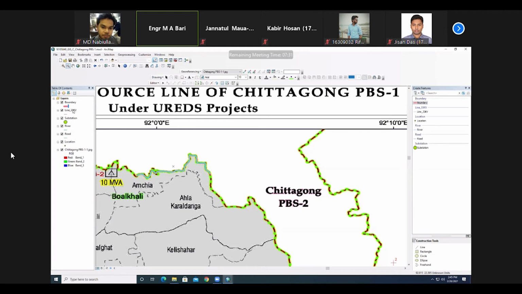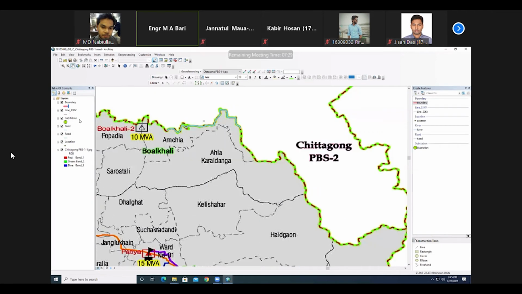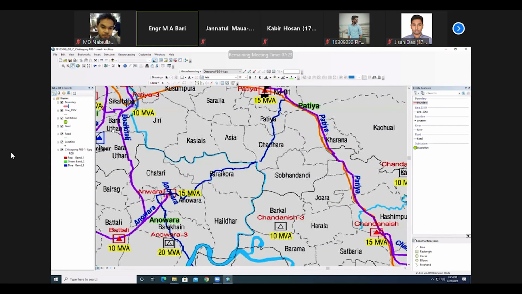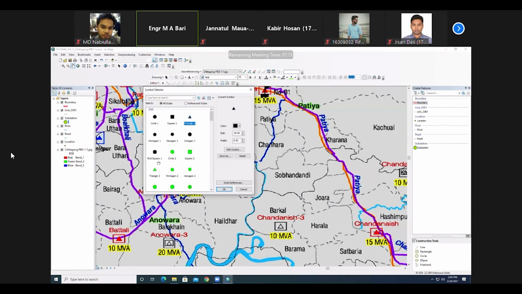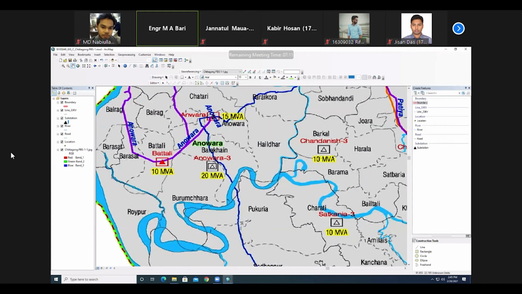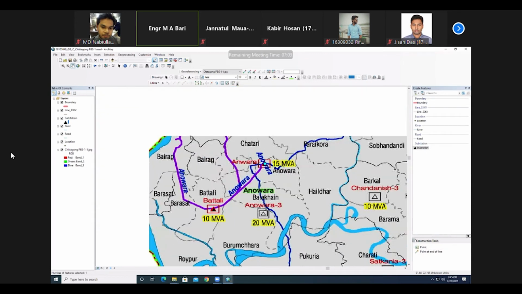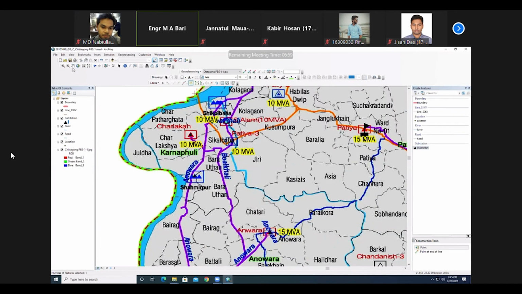33 line. Before the 33 line, I request you to use the substation. Suppose you think the substation gives some things. Maybe it will not look like that, just put the substation. With substation, only the existing substation you will put here. So click the substation and put the substation here. Not all the substations, only the existing substation. All the symbols you can give it. So look, only the existing substation. You will give the existing.